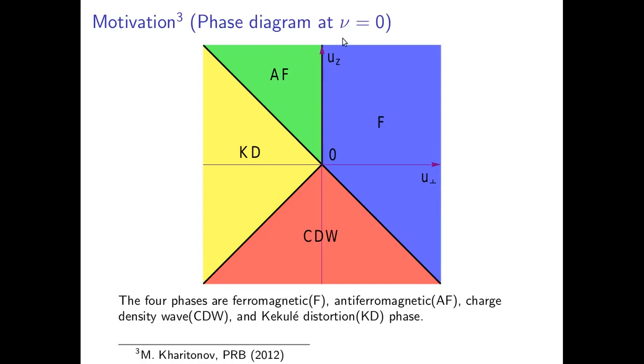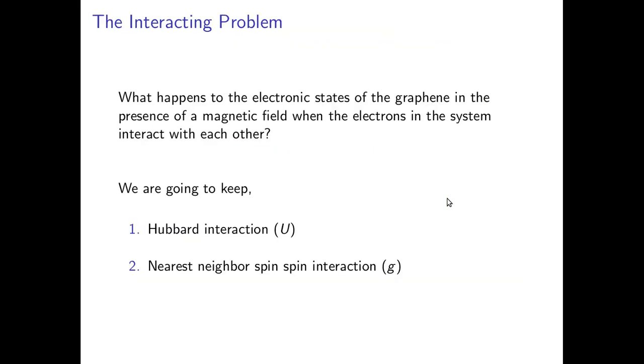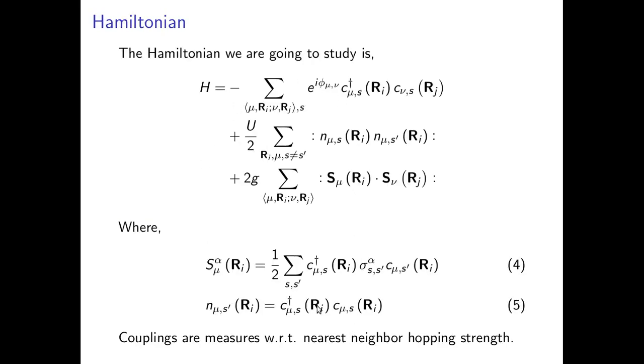So what we did is that we understood these two fields, U_z and U_perpendicular. What one can do very easily is a phase rearrangement identity and show that you can write it as a spin-spin interaction, and that is exactly a nearest neighbor Hubbard interaction and a nearest neighbor spin-spin type interaction, and that is exactly what we did. We used these two specific interactions, a Hubbard and the nearest neighbor spin-spin, and so this is the Hamiltonian, just